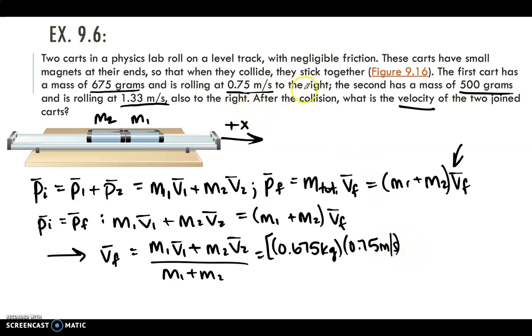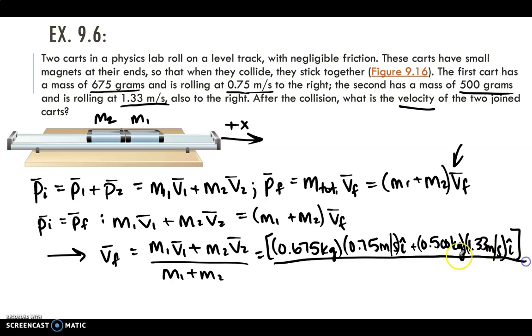This is in the right direction, so I'm going to say that's positive x, I hat, plus my next one is 500 grams, so 0.5 kilograms, times the velocity, 1.33 meters per second, and it's also moving to the right, so I hat,